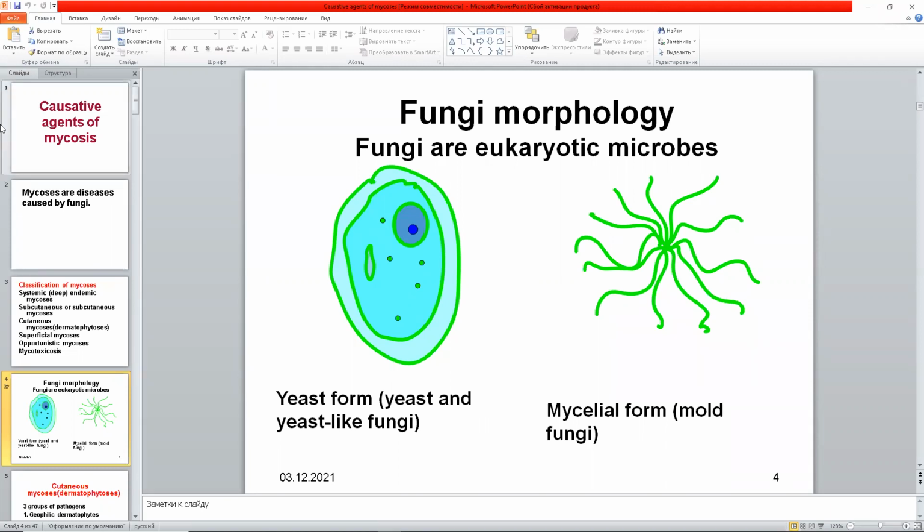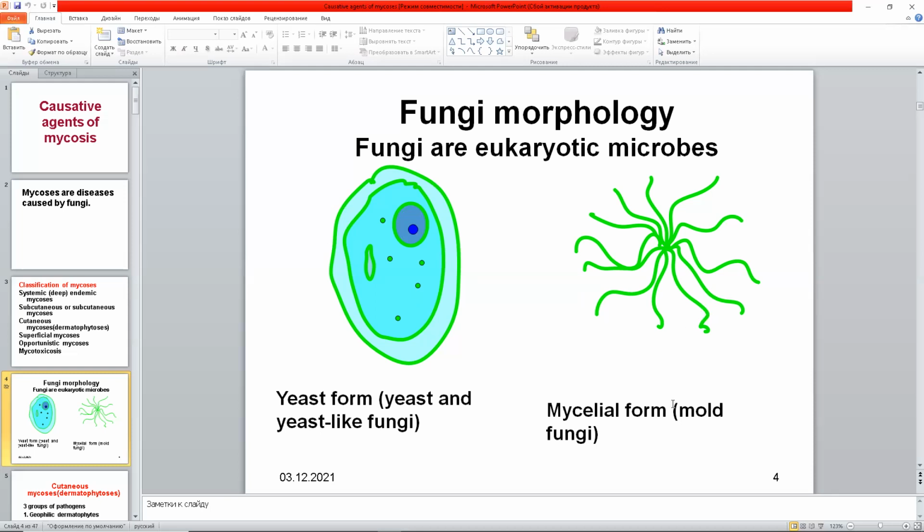And fungi cells are able to exist in two shapes. Spherical shape. In spherical shape, always have Baker yeasts. Baker yeasts belong to fungi kingdom, and they have spherical shape. So, if causative agents of mycosis have the same shape, they are named yeast-like fungi. And for example, exactly Candida genus fungi, they have spherical shape, yeast-like fungi. And